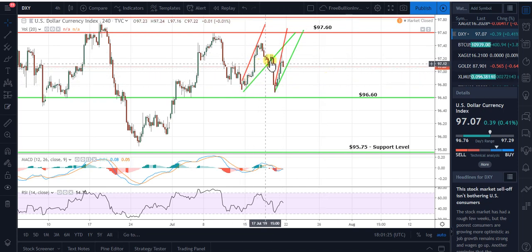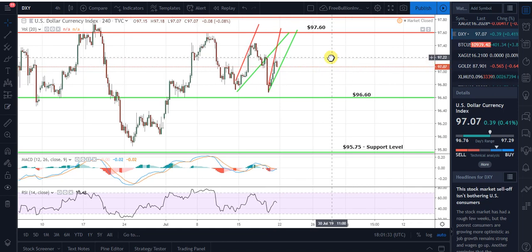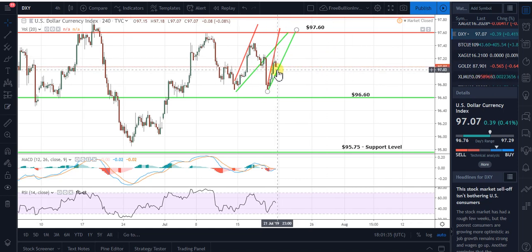We had one here that was completed after Tuesday's movement, and then we have another one that's in the process of basically, it should be completed early next week, and it's likely that we're going to continue to see the dollar fall slightly in price, most likely staying above the 95.75 support level,